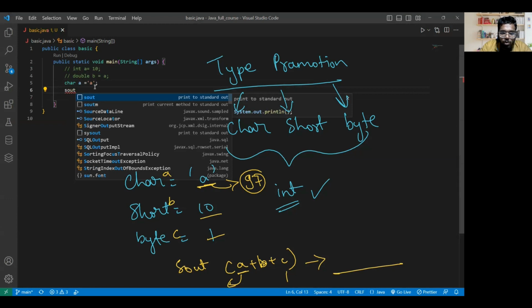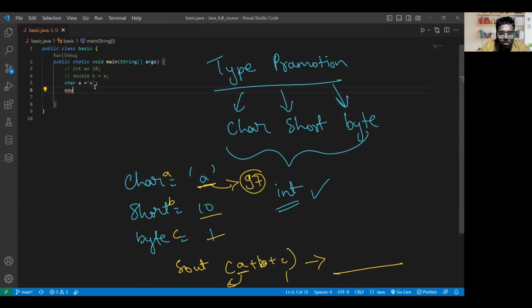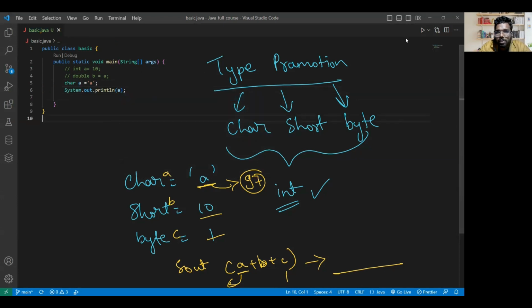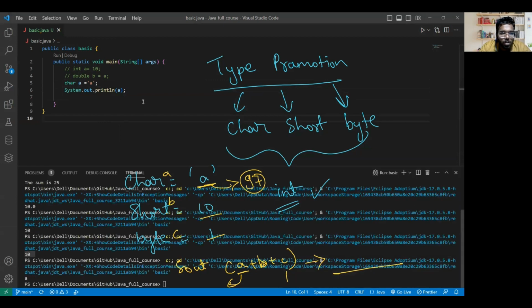If you want to check the value, I can simply display a, and if I run it,